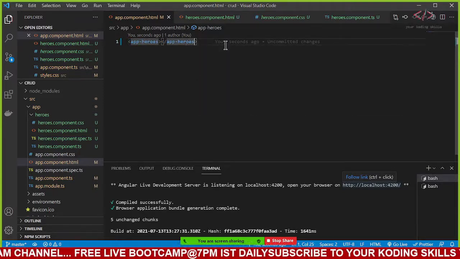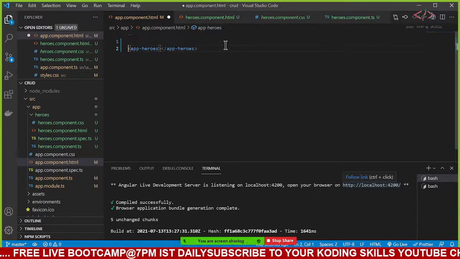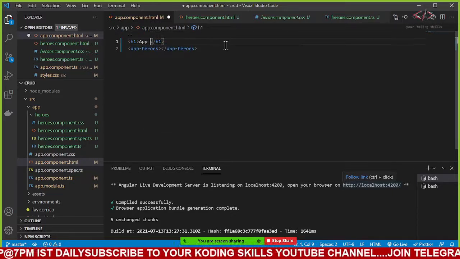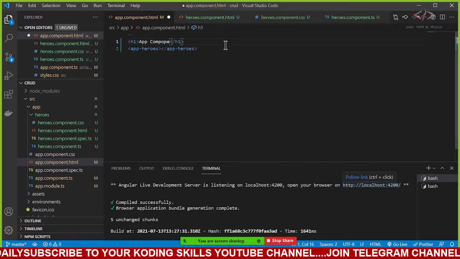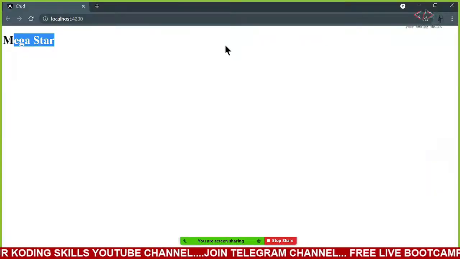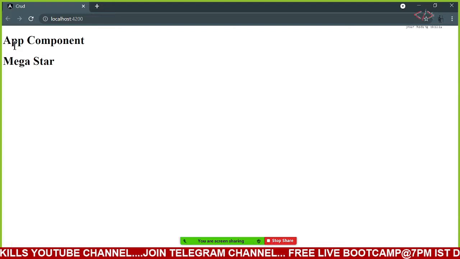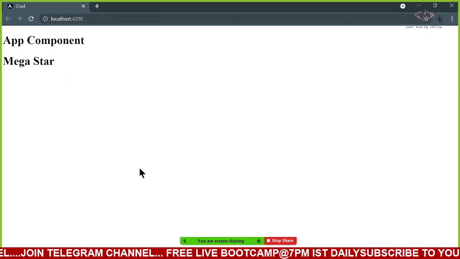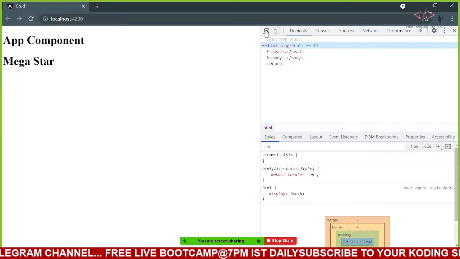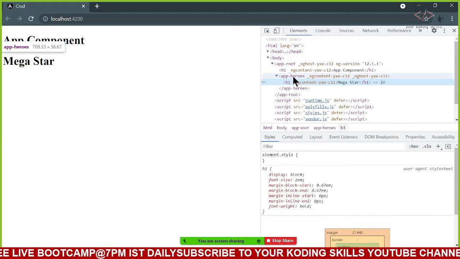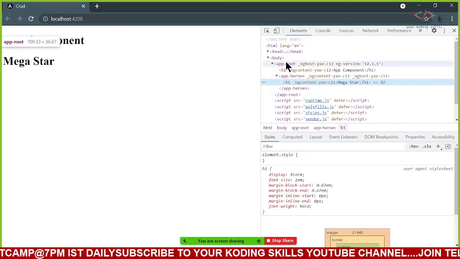Now in the app component itself, I will add one basic line saying it's an app component, so you do not get confused. This megastar is actually coming from the heroes component, and this h1 tag is in the app root one.